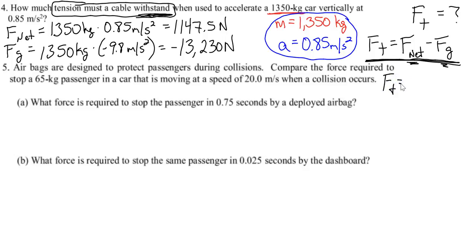So all I have to do then is plug in. The force of tension is equal to the net force, 1,147.5 newtons, minus negative 13,230 newtons. So minus a negative is the same as adding those two together. So that is going to give me a total of 14,377